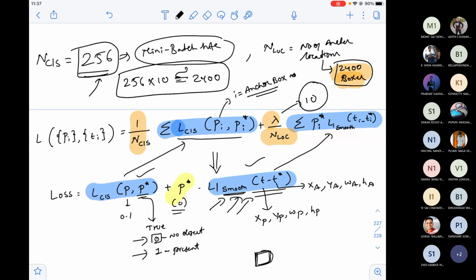Of course, it's not exactly 2400, it will be like 2560, but that 10 can even reach 11, sometimes 9. You can set the optimal lambda, or smoothing constant, such that it is so close to the number of anchor locations. Like that, the smoothing constant lambda can be adjusted.